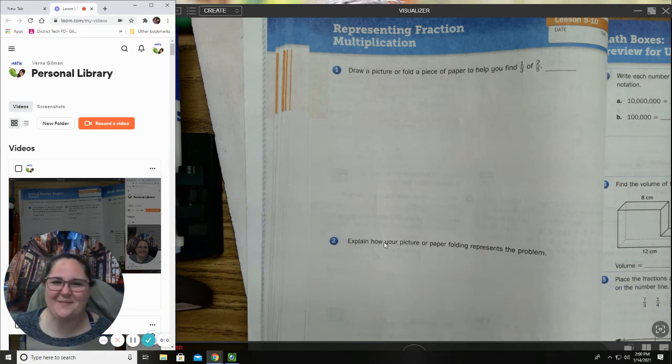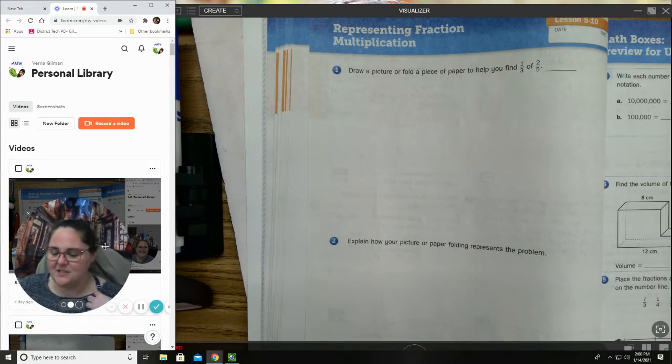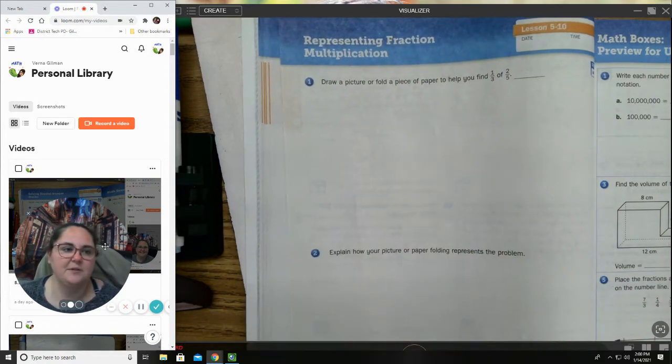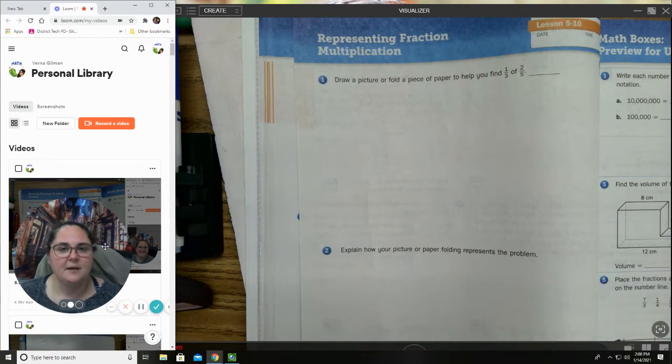Everybody, welcome to your Everyday Math lesson today for lesson 5.10 for 5th grade. So today is actually going to be a little bit of a 2-day lesson, so I'm going to kind of combine it. Please just bear with me. Okay, so we're going to start by representing fraction multiplication, figuring out a way to fold paper or draw